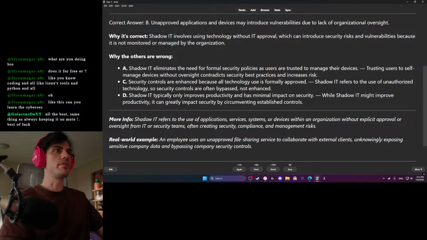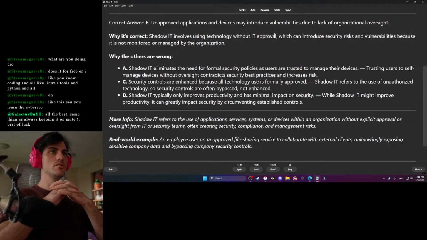Using technology without IT approval. Application services, systems, devices within an organization without explicit approval or oversight from IT or security teams, often creating security and compliance management risks.